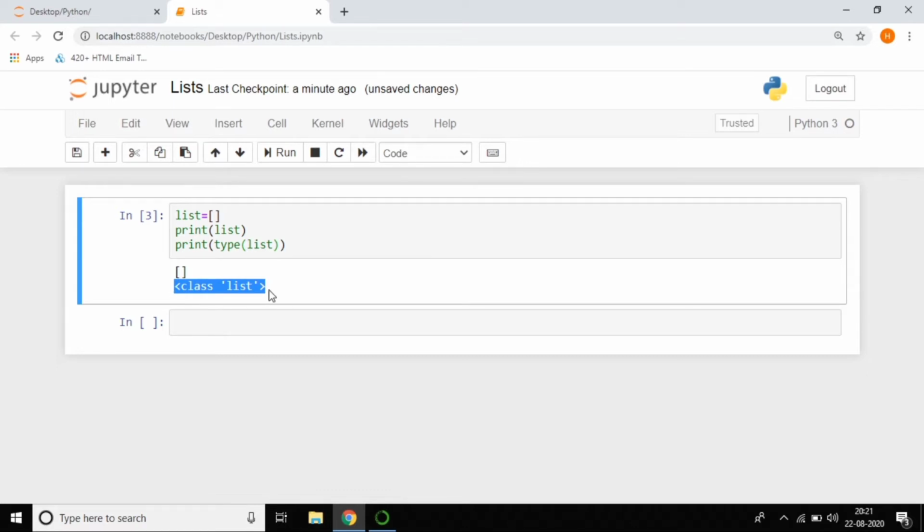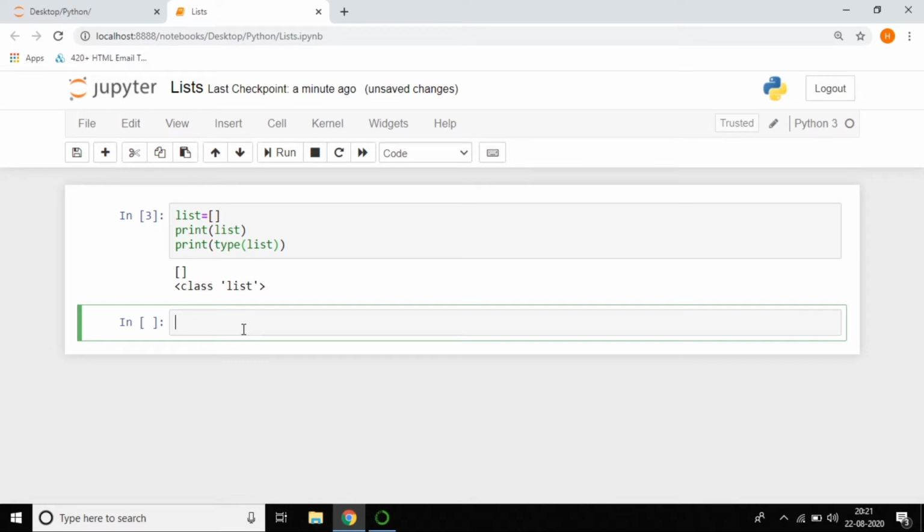Now we have to pass some data in the list. The names of the games are Bob, Super Dodo, Creepy Cat, Mario.